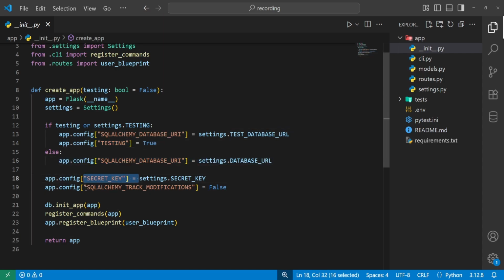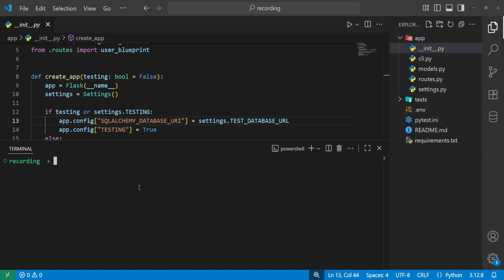We set the secret key, and we'll go and turn off this so the database operations aren't logged to the console. We go and initialize our database, register any CLI commands, and then register the blueprint for the users endpoint and return the app. If we pull up the terminal, we'll go ahead and create an env file